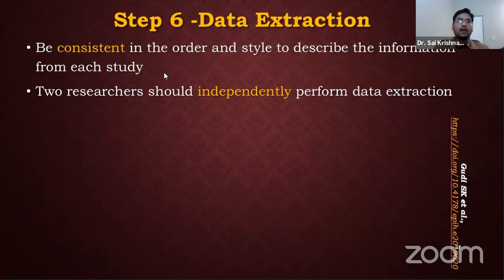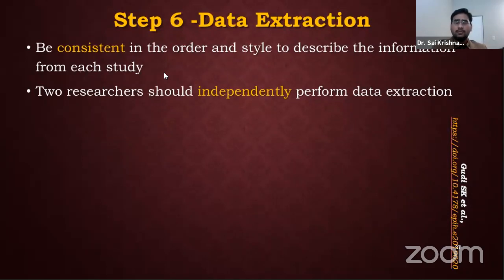Meaning, suppose among those 10 studies, for 5 studies you are extracting mean age or gender, and for the rest of 5 studies you are not reporting or not mentioning the mean age. It's not like that. You have to maintain some consistency in order to extract the data. Meaning you have to list down the outcomes, or the elements which you want to extract from that